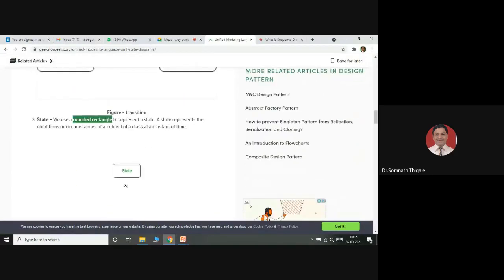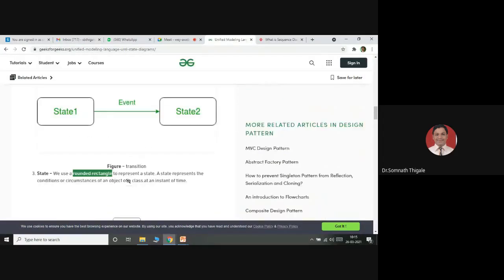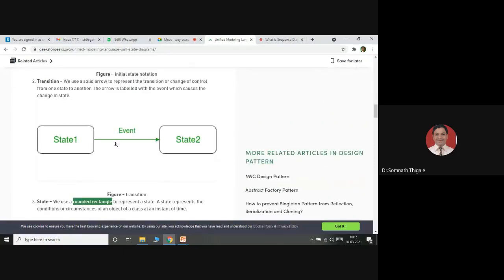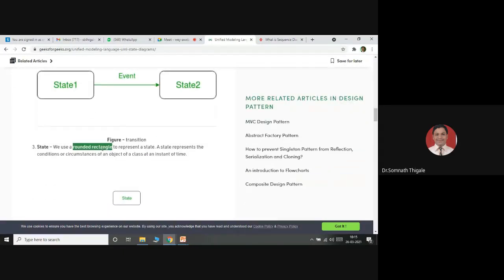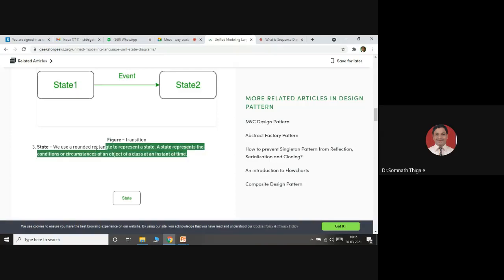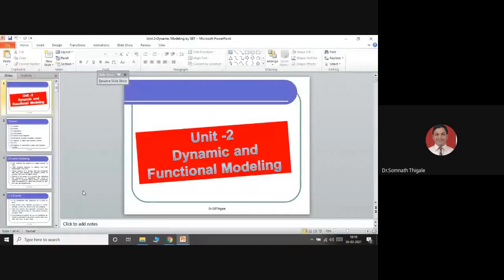A rounded rectangle is the simple notation to represent the state. What does it represent? It represents the condition or circumstances of an object of a class at an instance of time. I'll simply add it here so that you can check it out.